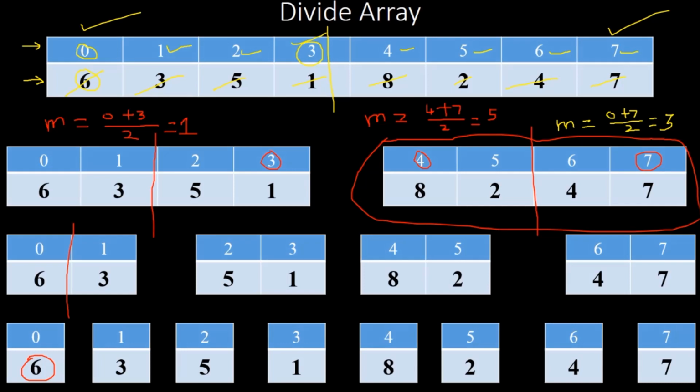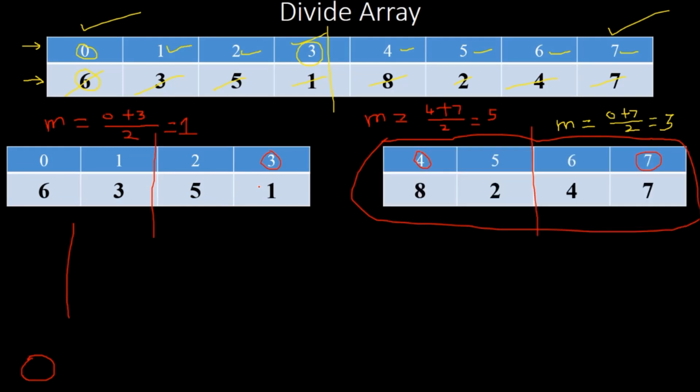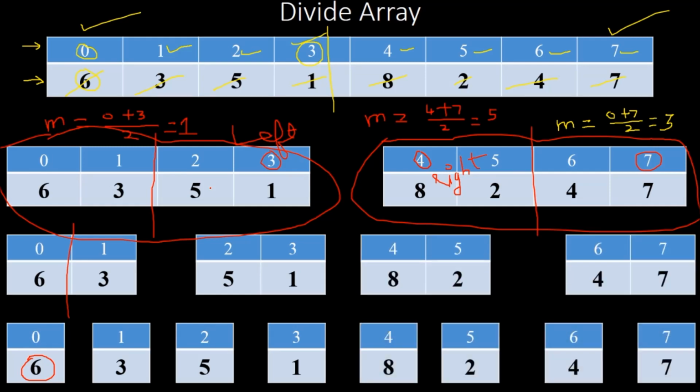Because see here, in the previous slide you have seen that the array is divided into two parts. So you have divided this left part array as well as this right part array, right? You have divided both the arrays into two parts. This array is further divided into two parts, and this array is again divided into two parts. So this process of dividing goes on both sides, left and right.